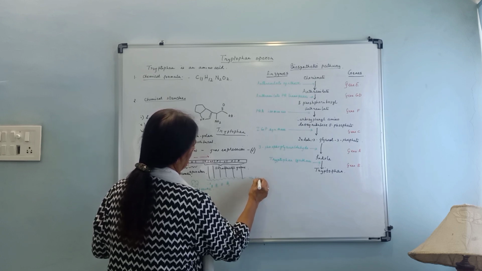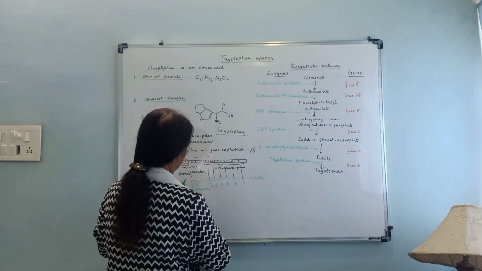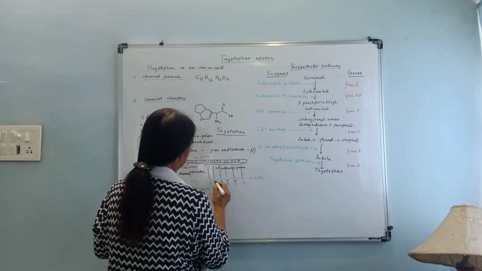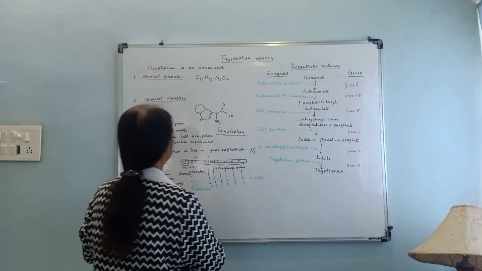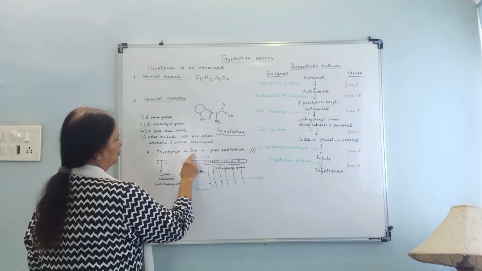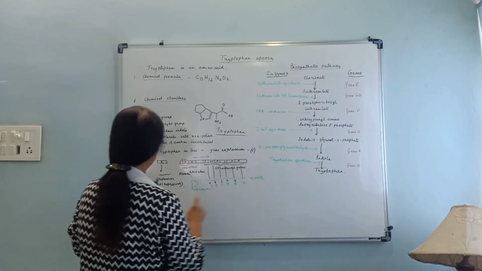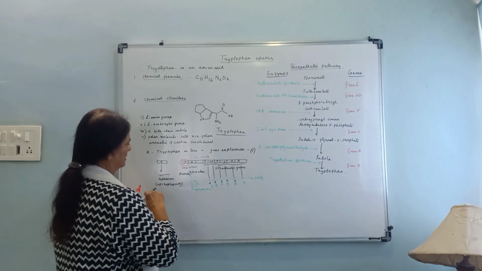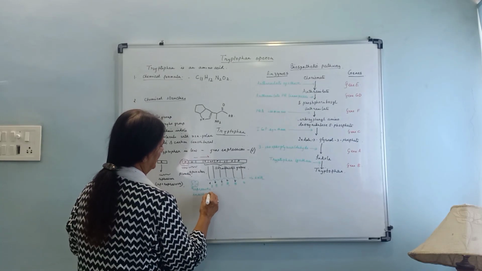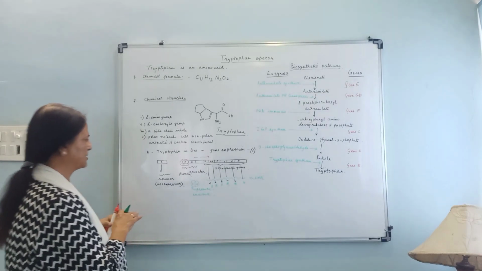This is messenger RNA. It is polycistronic, hence it is capable of producing the different types of enzymes or the proteins, and the gene expression is on. When the tryptophan is low in the medium, the gene expression is on because the aporepressor is inactive. It is inactive and it cannot bind itself to the operator to stop gene expression.